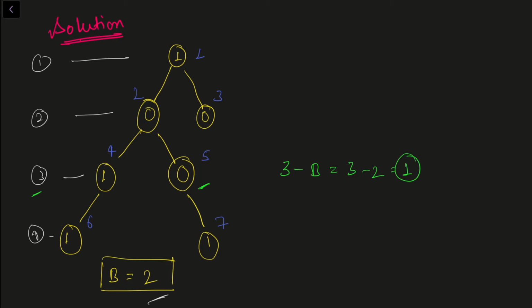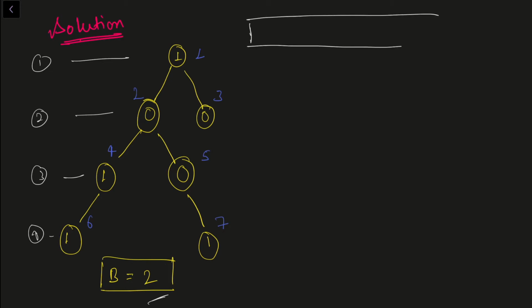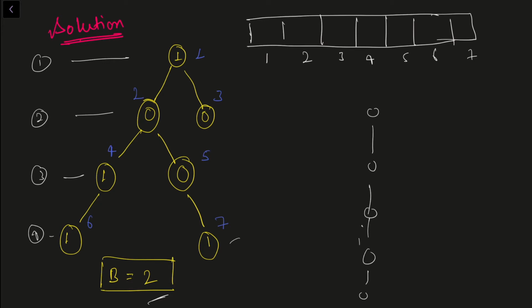So I'll check the node at first level. In this way I'm going to find the parents of each and every node, right? In order to achieve this, the first thing that I need is an array which will store the nodes at certain levels. Okay, so this is first, second, third, fourth, fifth, sixth, seventh. We can have at max 7 levels because the number of nodes is 7, and we can have a skew tree, right? So in the case of a tree which is like a line, we'll have at max 7 levels, or n levels, right? So I have created an array here.